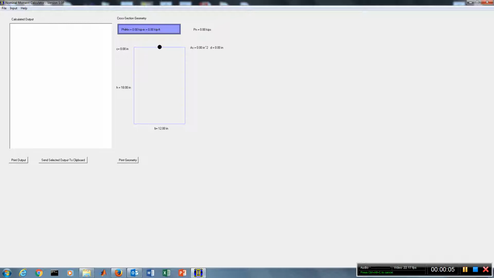Here is an introduction to the computer program called the Nominal Moment Calculator. This is a computer program that can calculate the nominal moment capacity of a concrete beam. And so what you want to do is, of course, you can go up here to the input and